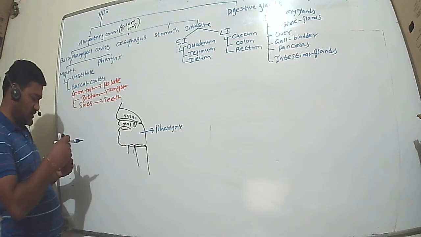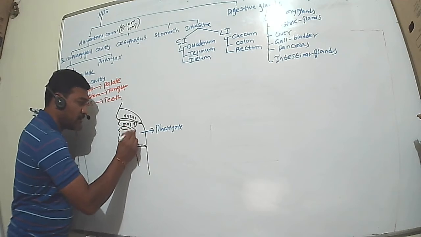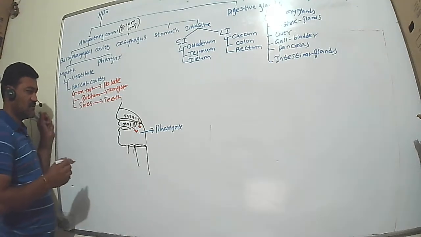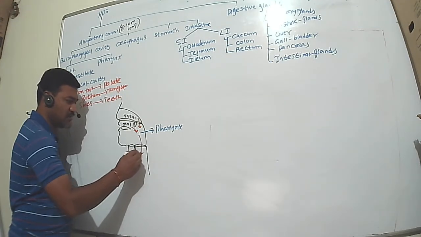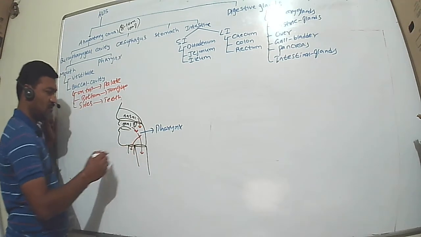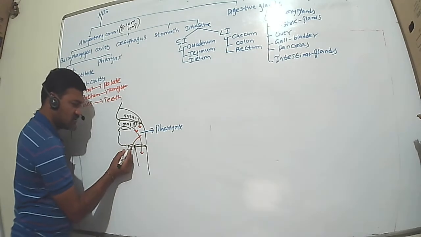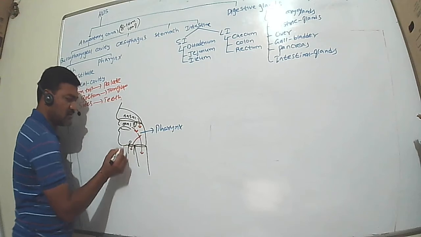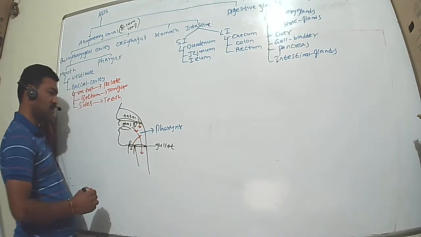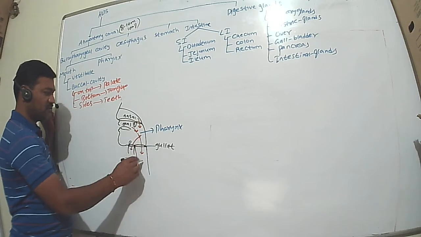For example, the food from oral cavity comes into pharynx, and the air from nasal cavity also comes into pharynx. But the food from pharynx goes into food pipe, whereas the air from pharynx goes into larynx. The entrance of larynx is called glottis, which is covered by epiglottis, but the entrance of food pipe is called as gullet. Okay, so the food goes from oral cavity to pharynx and pharynx to gullet or into the food